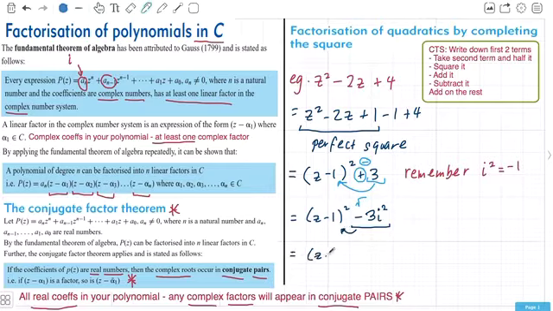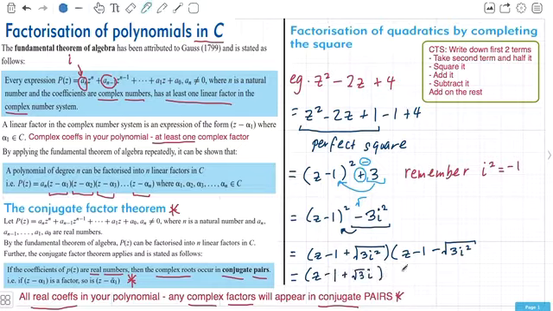So I'm going to have z minus 1 plus the square root of what was out there, so 3i squared. The other bracket will be z minus 1 minus the square root of what was outside. And to finish it off, I've now got the square root of 3. The square root of i squared is i. So I'm just going to simplify this. I'll write it as root 3 i, because the square root of i squared is i, and z minus 1 minus root 3 i. So what we've done there is we've factorised